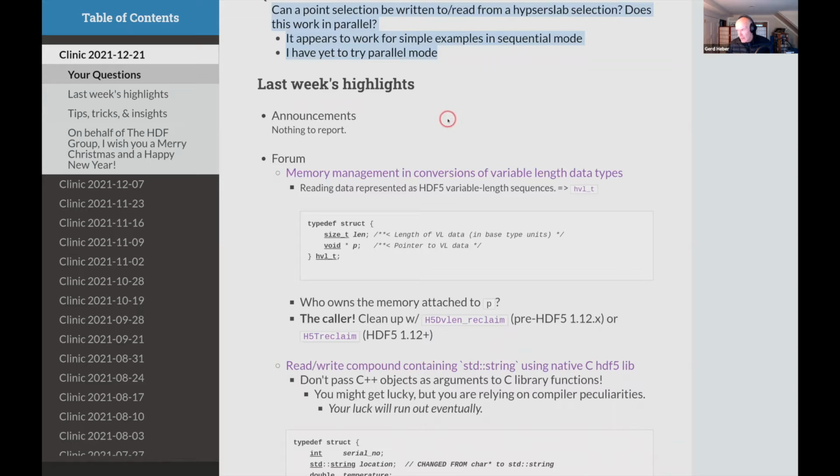And then we can look at announcements. Interestingly enough, there weren't any announcements. However, there will be one. You probably heard about this vulnerability in the Java log4j library, and that does not directly affect HDF5, for example, or the HDF Java related products and libraries.